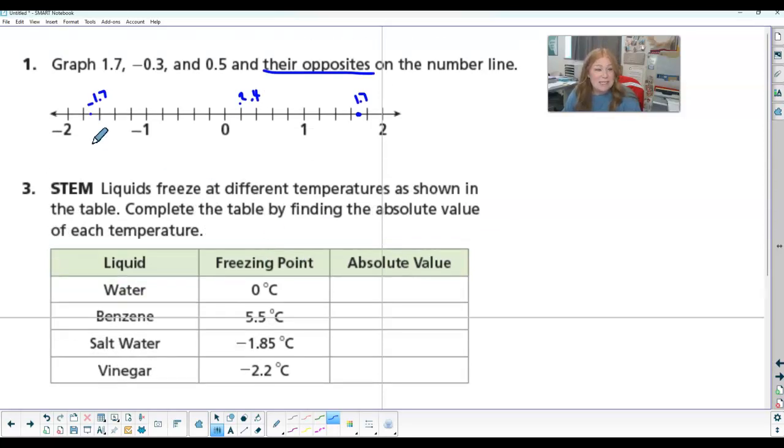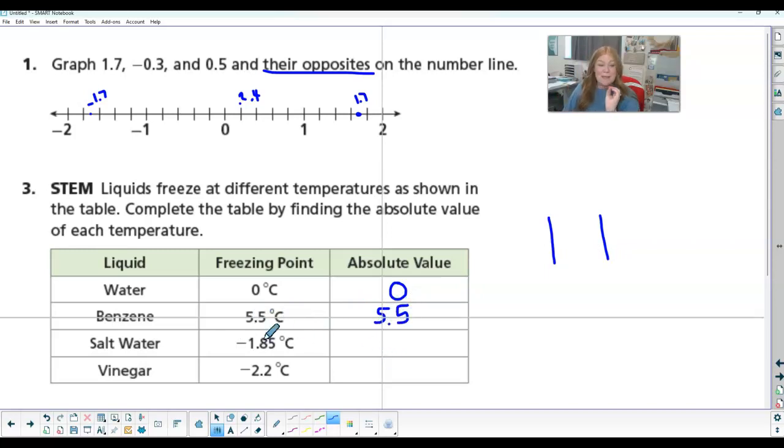Okay, number 3, it says that liquids freeze at different temperatures as shown in this table. Complete the table by finding the absolute value. So absolute value, right, is those 2 marks on the outside, saying how far is it from here to here? What is the distance to get from here to 0? So if I need to go from 0 to 0, right, I'm moving a distance of 0. So if I'm here at 0 and I need to go to 5.5, 5 and 5 tenths, I moved 5.5